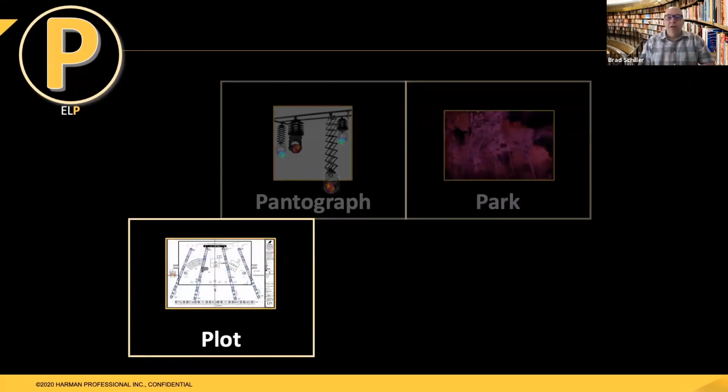A plot typically is a drawing that will show how the lighting rig should be put together. So a lighting plot is something that designers will create, that will show where the fixtures should be located in the rig. Also, plot in some parts of the world actually means to put together the lighting looks. So the designer might say, I'm plotting Q5, or we need to plot Q27. So it can actually mean to put together the lighting look, as opposed to just meaning the piece of paper.